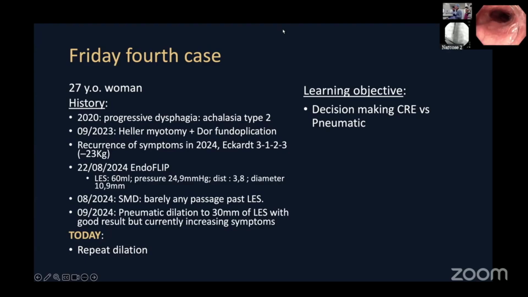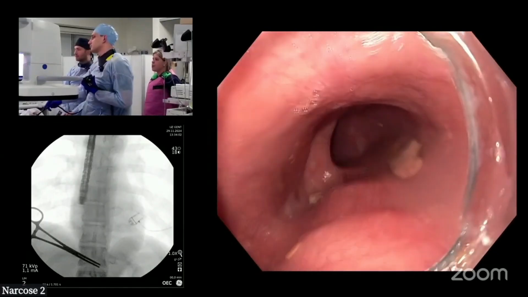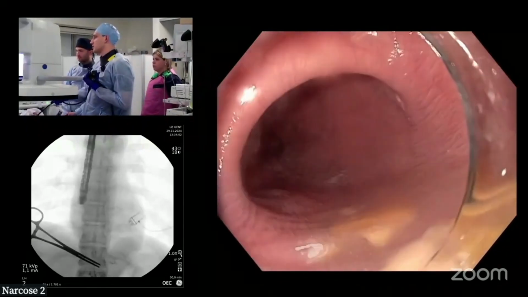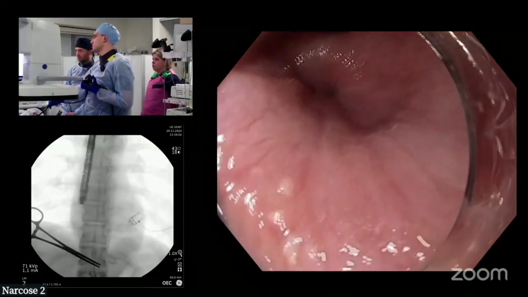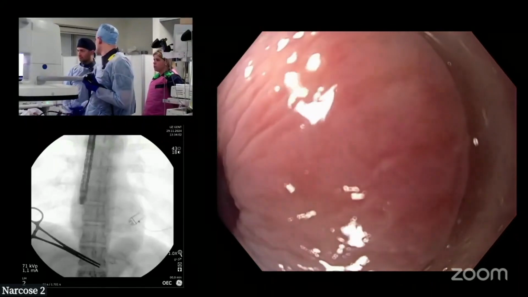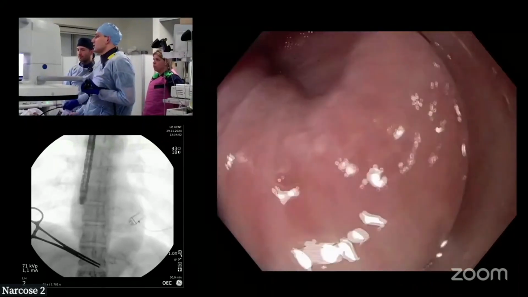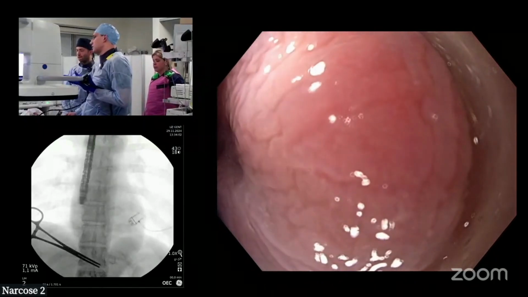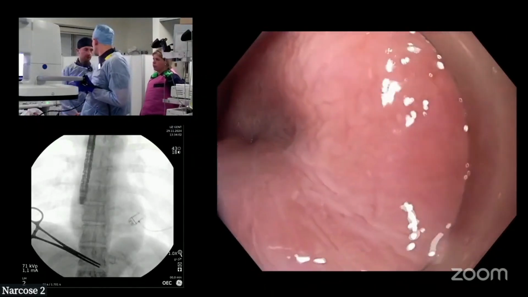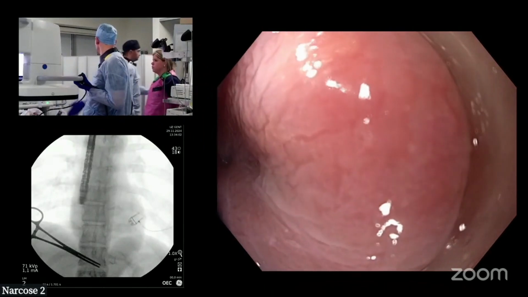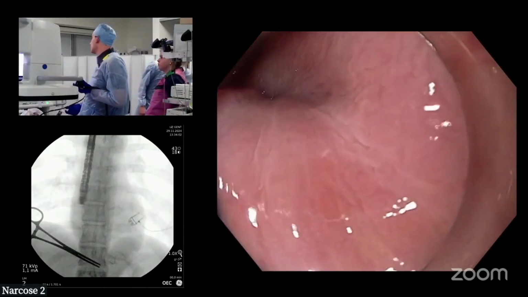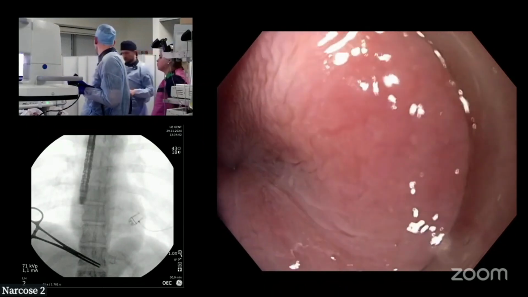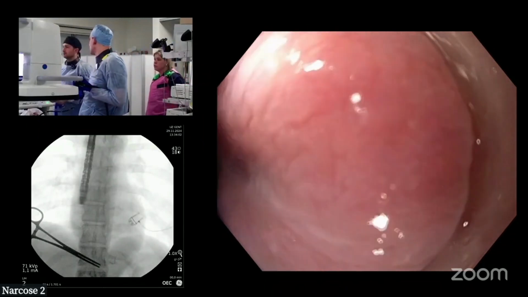So the first question is, Michele, why are we doing pneumatic dilatation and not POEM? Because she had myotomy, and so she's post-surgical, I would say. So no problem for doing POEM with that. Yeah, but we have seen that after the EndoFLIP and the barium swallow, I think it can be useful to do this, since maybe it's related to the surgery and not the